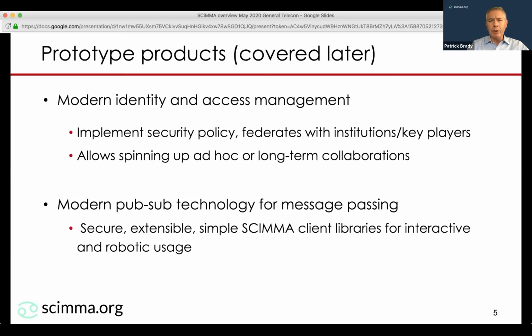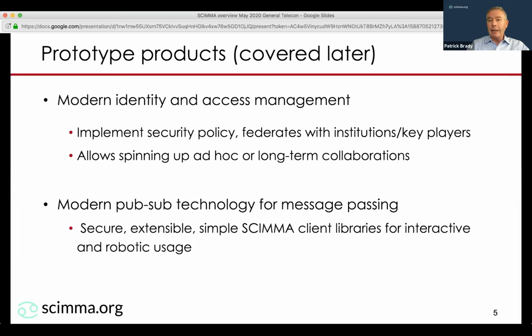So one of the things we're trying to do is to build out a modern identity and access management system that would show how federated identities can be used to facilitate efficient development and sustainability of long and short-term collaborations.